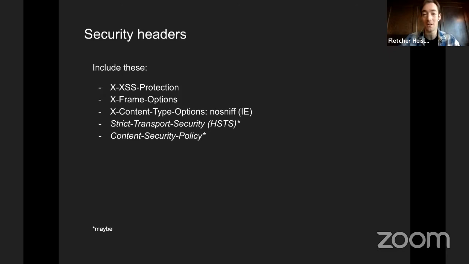Pretty self-explanatory, meant to prevent against cross-site scripting. There are very few reasons not to include that as just an extra preventative measure, some defense in depth for your responses. X-frame options. So this is against things like allowing your site to be iframed inside of another website,